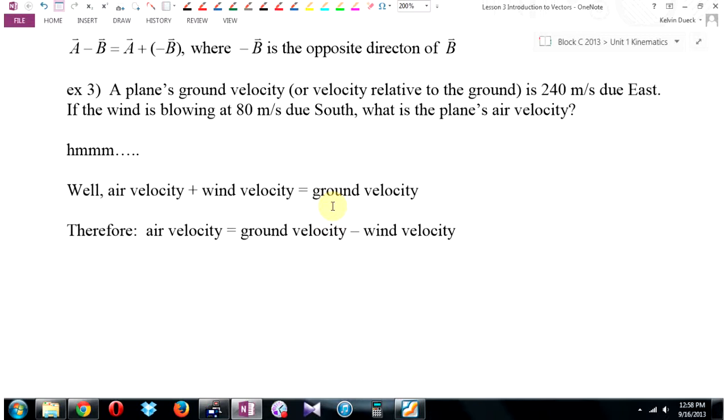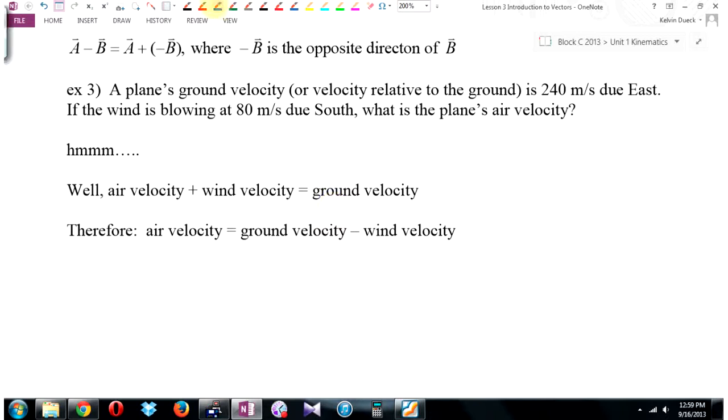What's the plane's air velocity? What I'm arguing, and those of you who are watching this at home aren't going to be able to see this, but what I'm saying is we're seeing the plane traveling, pointing exactly that way, but the wind is blowing this way. I think the plane must be pointing into the wind in order to keep going directly to the east, and I'd like to know which way it's pointing. Does that make sense? As an equation,